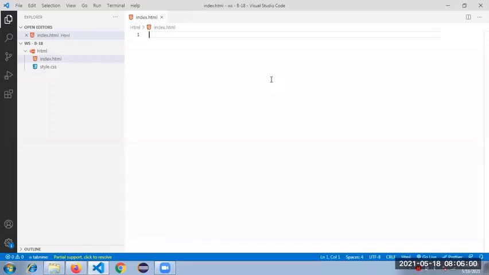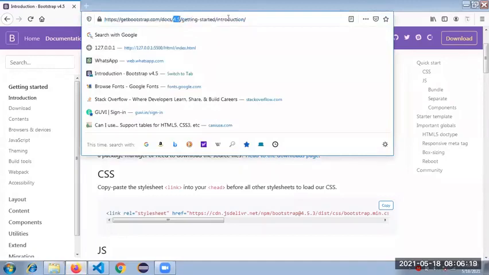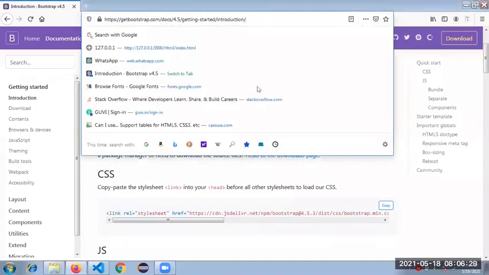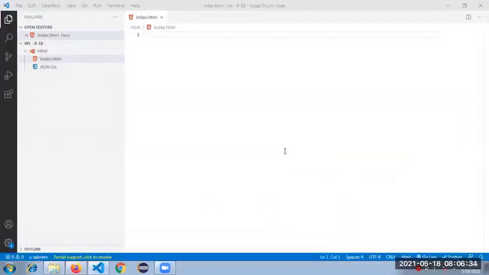Okay, no problem. As I said earlier, I'm sticking to Bootstrap version 4.5. Here is my Bootstrap URL, I am under 4.5, guys. I'm sticking to it because with a larger audience, some of them use very low versions and some very high, so everyone can just stick with version 4.5. I'm copying this CSS for the Bootstrap.